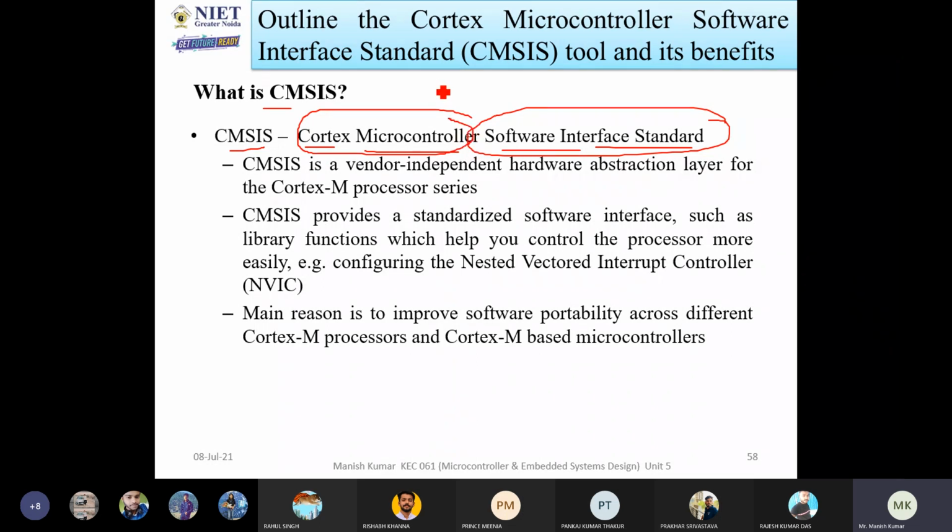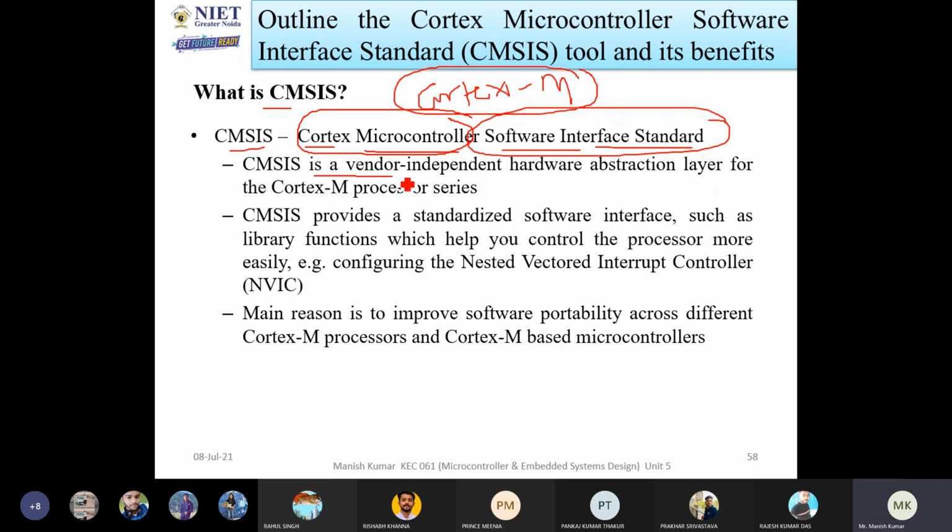Cortex microcontroller means the Cortex M family. In the Cortex M family, there are various processors available: M0, M0 plus, M3, M2, M1, like that. So you have to choose any Cortex M family processor, and then you can write the programs with the help of this CMSIS.